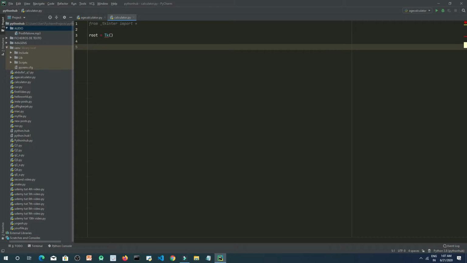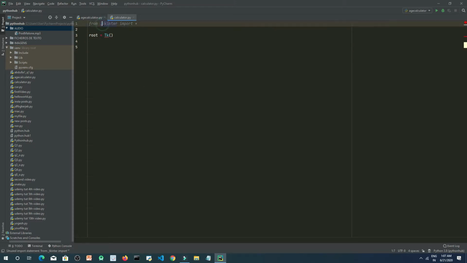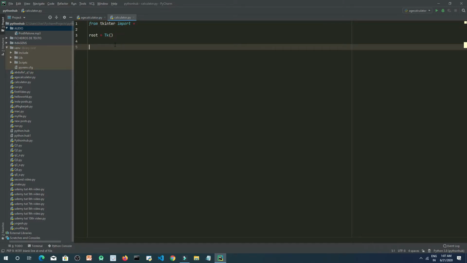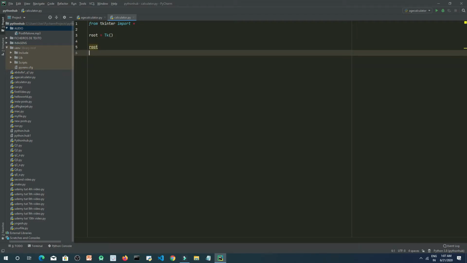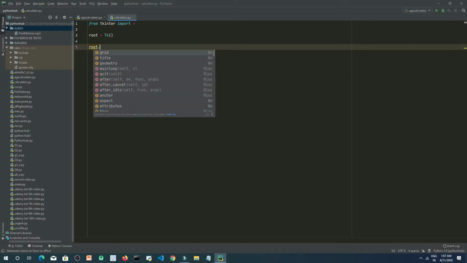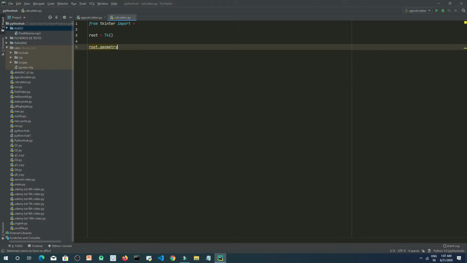so now let's set the geometry. Actually there is some problem there. Yeah, it's resolved. So now let's set the geometry using root.geometry. Root.geometry, and inside this we will give two parameters, that is width and height. Okay, so let the width to be 430 and height to be 500. Okay,